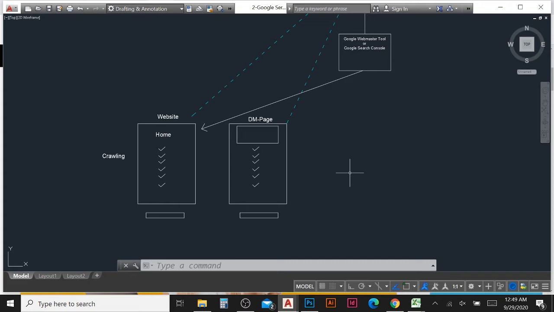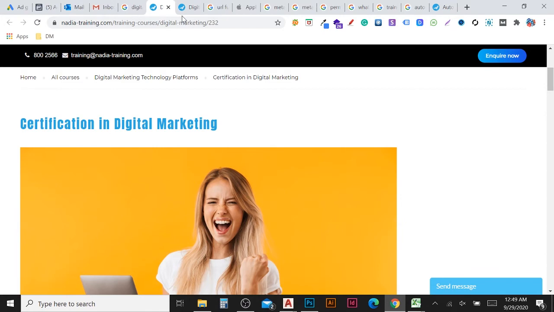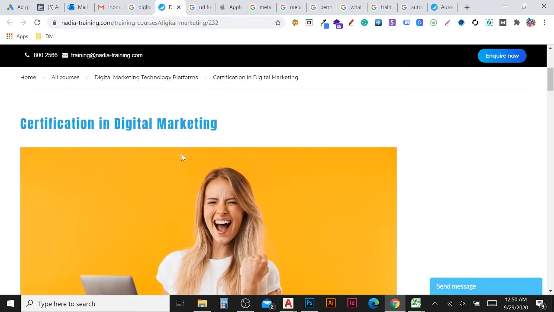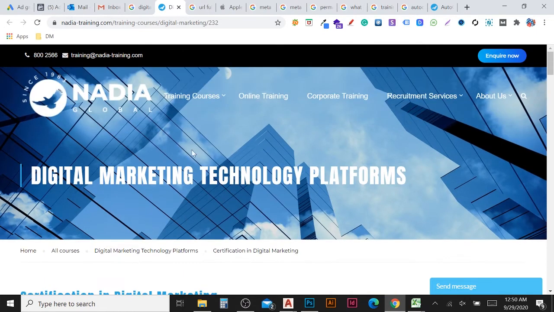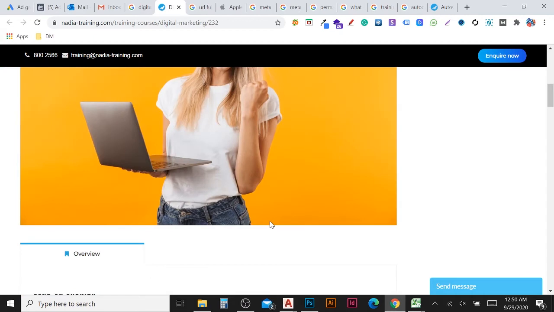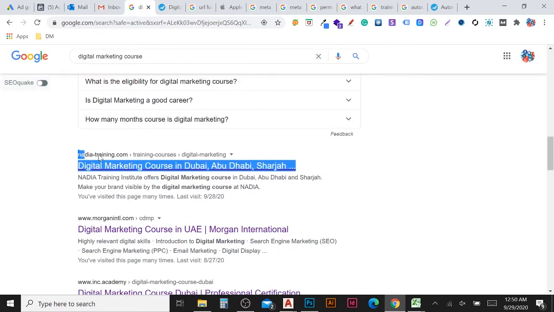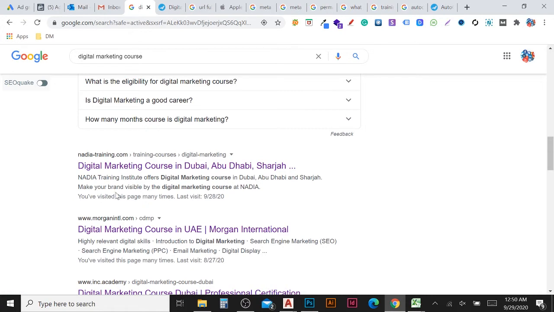So what are the other criteria for the meta title and description, and where is it? First we will check where it is. If you want to find a meta title or meta description, you cannot find it inside the body section of the website. It is inside the coding, for the robots. When the robots come and crawl, they take that and put it in their file. This is the meta title and description.